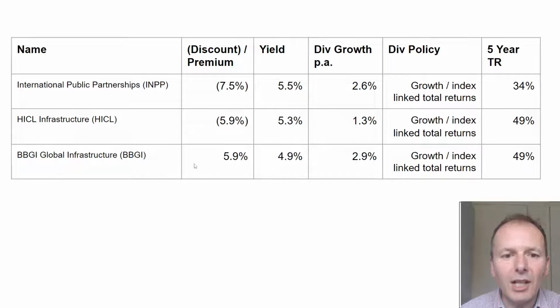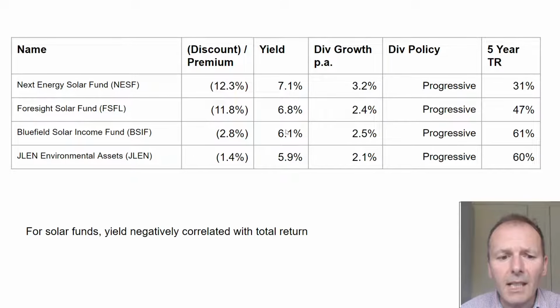So this BBGI, it's at a premium to assets. That's because it's felt that this one has the greatest linkage to inflation, so it's potentially more protected against inflation. But IMPP and HICL are at a discount to net assets, and they've got a good yield, so they're probably worthwhile considering. Now we've got some solar funds and also this JLEN environmental assets, and again, as the yields go